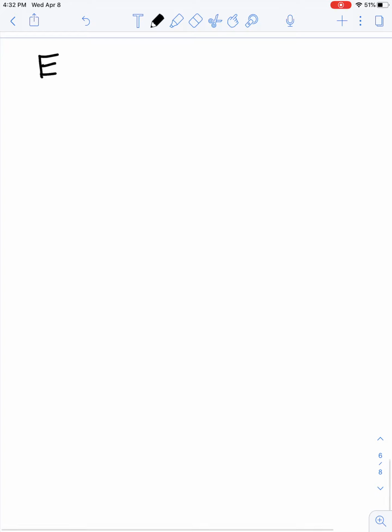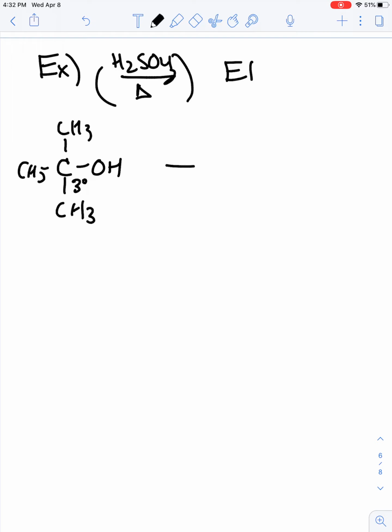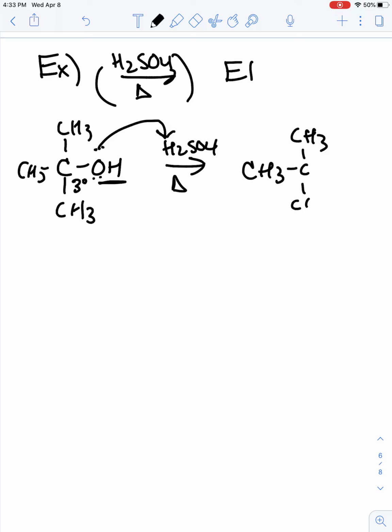So we haven't really talked about this. This is the example with sulfuric acid and heat. Whenever you see this, it's going to proceed via E1 only. So let's look at this example right here. We have a tertiary carbon, so our substrate is tertiary. We have a poor leaving group. OH is a strong base, so that's going to be a really bad leaving group. So what actually happens, this is why sulfuric acid works. The sulfuric acid is going to protonate that OH. So what we're going to be left with is this substrate here,